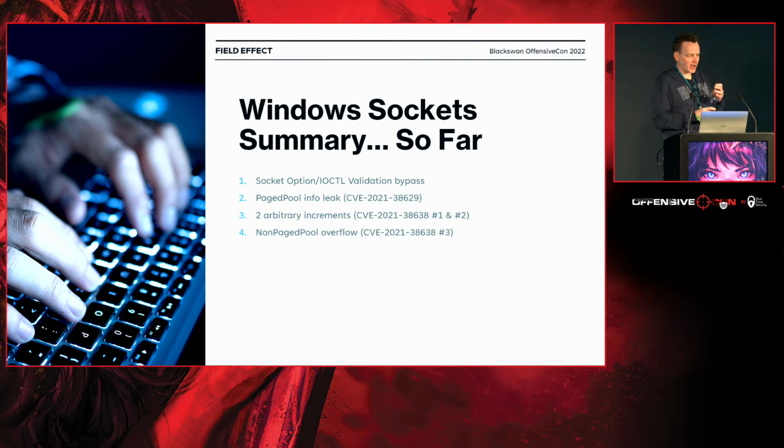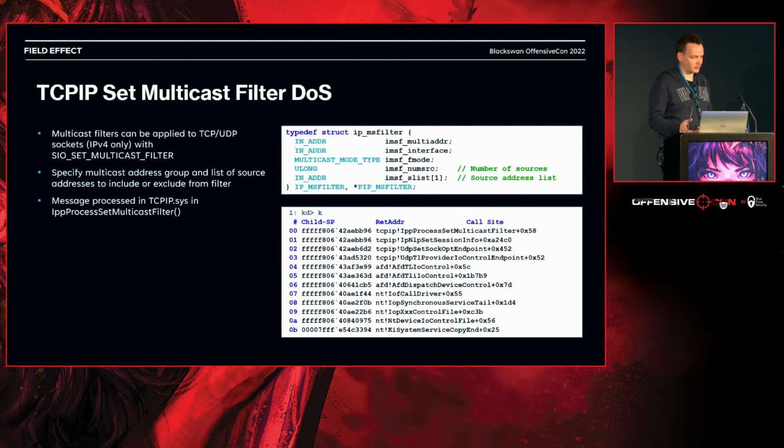And so I was very confident that at least some of these could be exploited into reliable code execution. But I was also starting to get a bit suspicious about the quality of this code in general. So I thought, why don't I spend a little more time auditing the other option handlers. In this case, I started looking through ones that didn't require the ioctl validation bypass. It turned out there were some more bugs. So the first one,